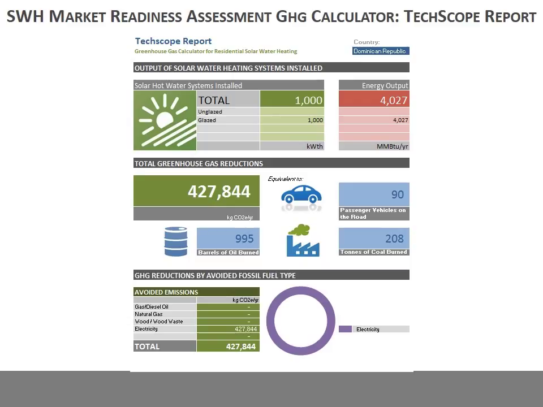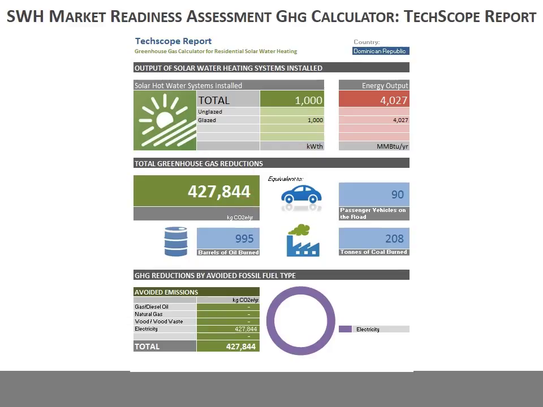This report provides the results of a solar water heating development scenario carried out for the Dominican Republic. In this scenario, the Dominican Republic deploys 1 megawatt thermal of solar water heating, which displaces electricity used for heating water. In this scenario, the Dominican Republic could reduce greenhouse gas emissions by over 400,000 kilograms of CO2 equivalent per